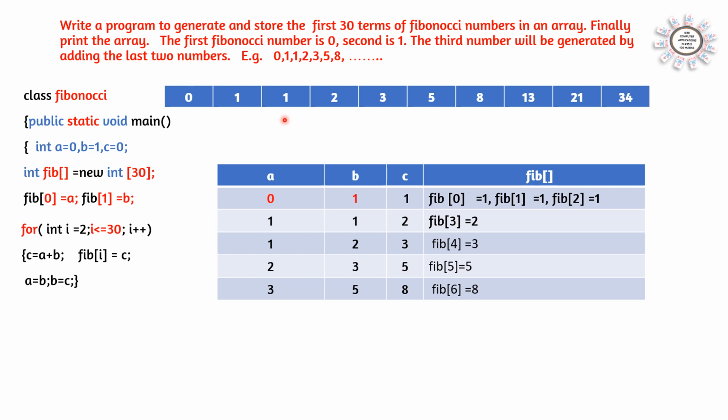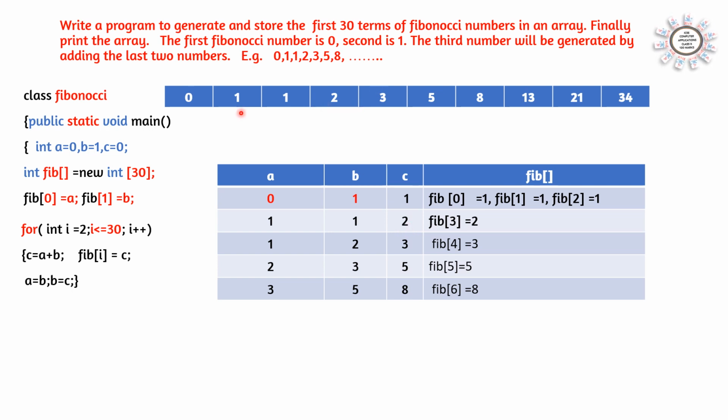And now the last two numbers are 1 and 1. So how we will find? Here we are saying A is equal to B. That means the value of B will come in A. A is equal to B and B is equal to C. Here, no need of the first A, it is not among the last two numbers. So we can remove the number. We need the last two numbers. So A is equal to B and B is equal to C. So we got the last two numbers 1 and 1, and then C is equal to A plus B. So we got 1 plus 1 is 2, the next number.